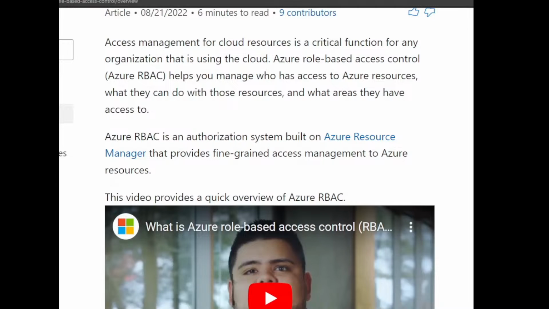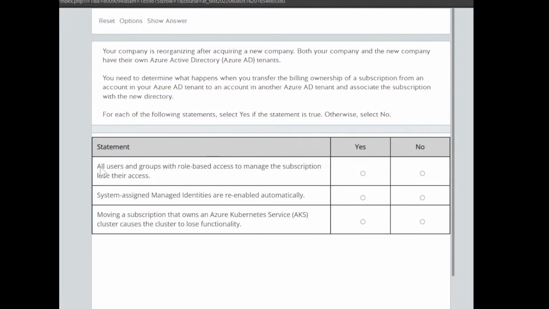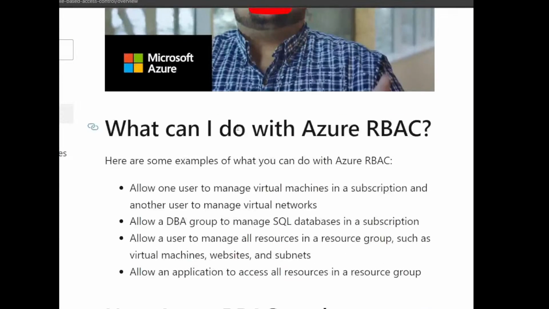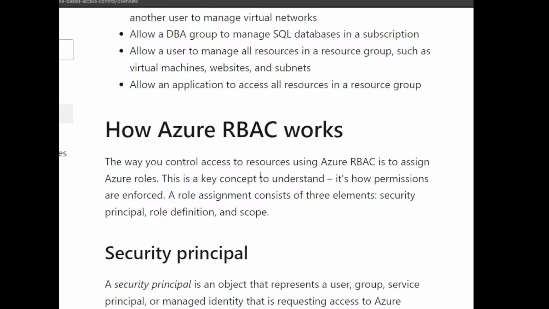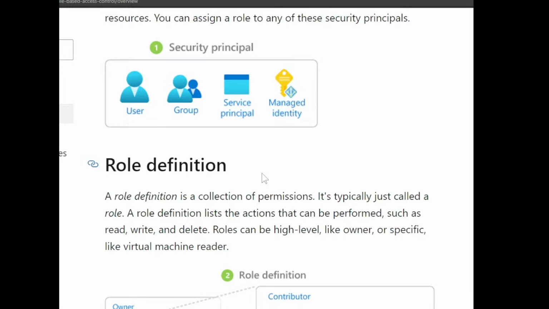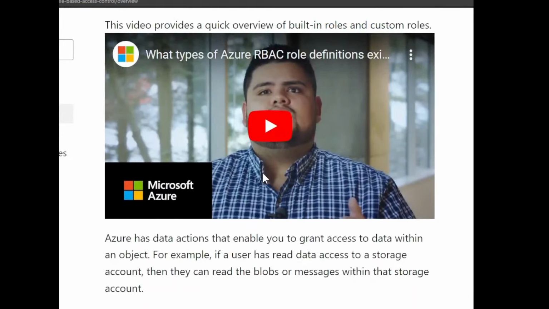So, pag nalipat ba ang AD ownership, all users and groups with role-based access to manage the subscription lose their access? Mawawalan ba ng access yung mga naka-RBAC sa Azure AD na i-absorb ng company? Users assigned. So, yun ang hanapin natin. Which is wala dito.